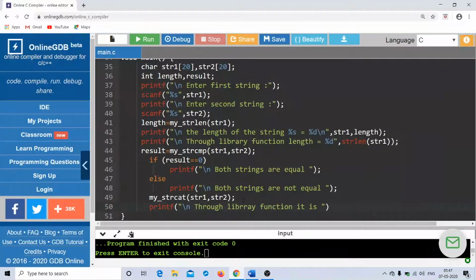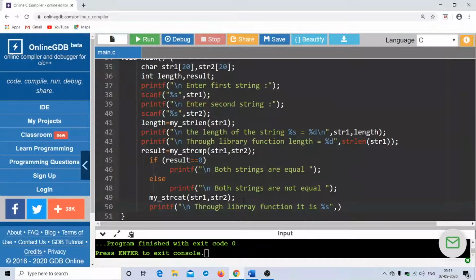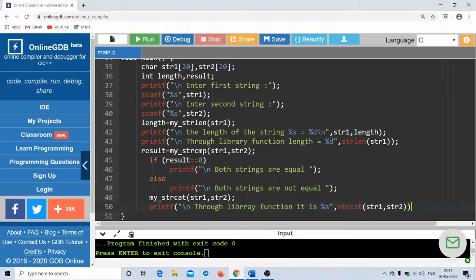I just say %s, and I say comma, and I say strcat of str1 comma str2, right? So this is how I have my concatenation, right? And then let me see